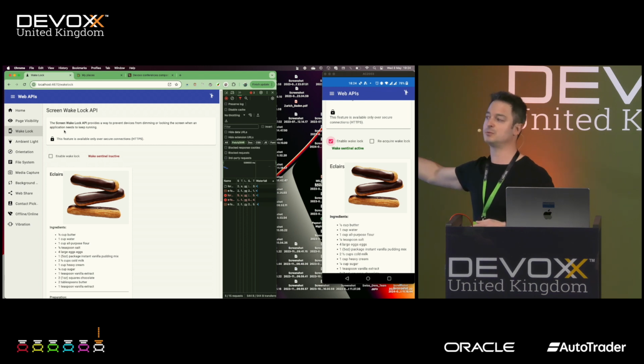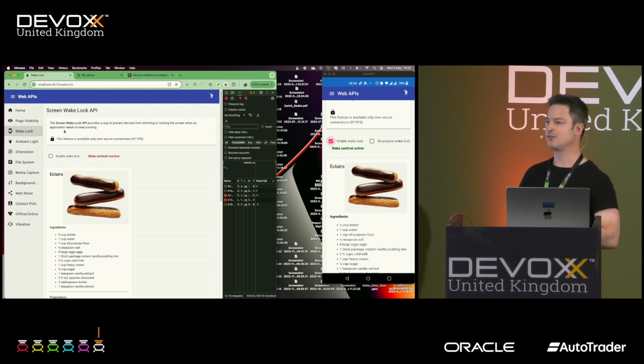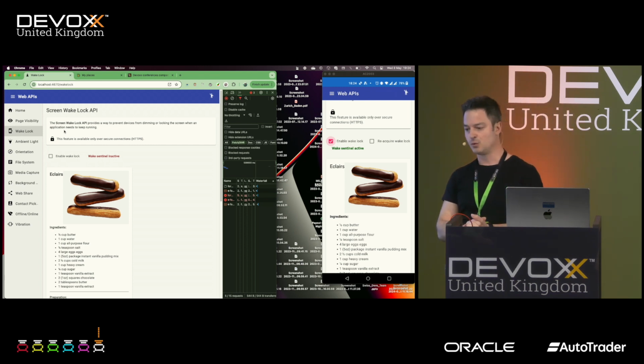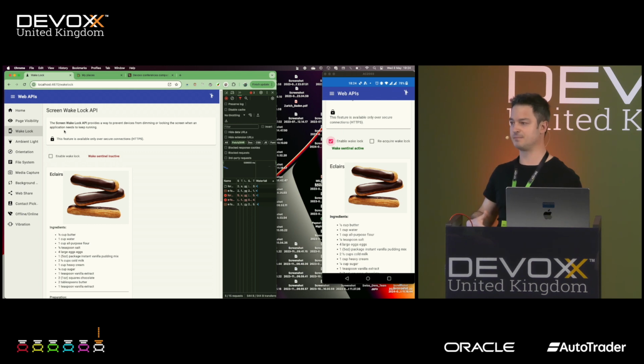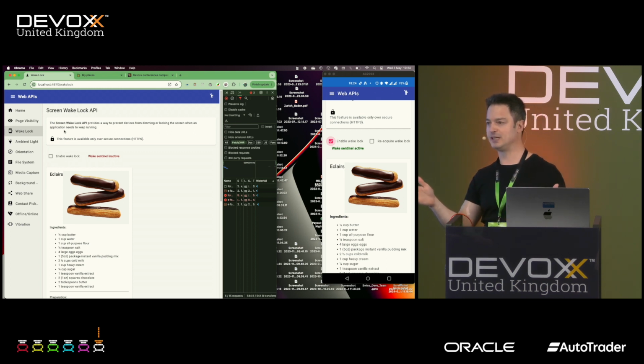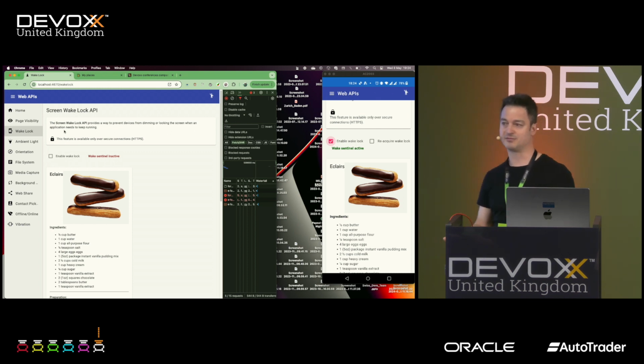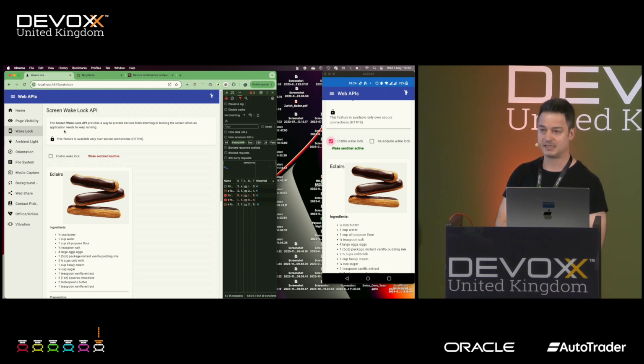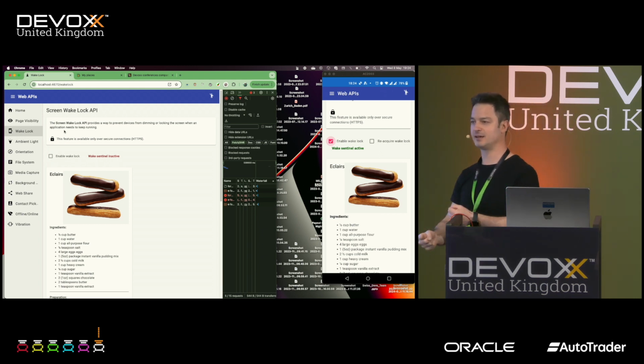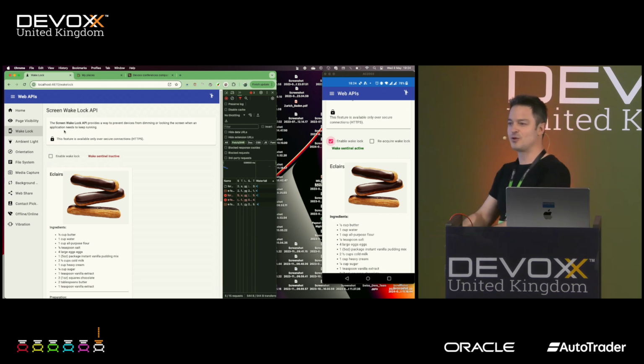This API could be extremely beneficial for applications such as a music application. The user plays an instrument and both hands are busy. Therefore, even if the phone is set to stay on for 1 or 2 minutes, that might not be enough. Or if you are like me, I'm Italian, I really like cooking, and you are making a cake.